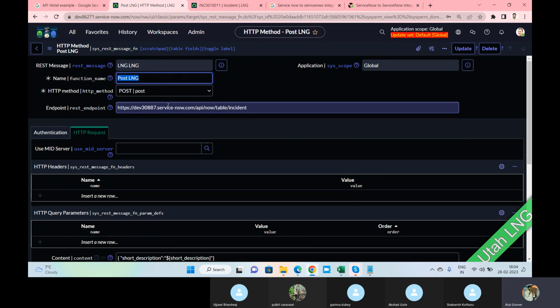This is called runtime, because integration is always runtime. It's not like there is a marriage in your house this weekend and you send me a letter five days after the marriage. What is the purpose of that? Or when you are coming to my city only, then you say, brother, this is a marriage card. The wedding is already done, you just came to give the card because you were in the city at your place. So now what we have to do, we have to create a business rule.